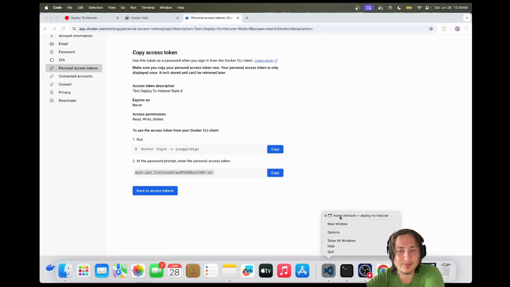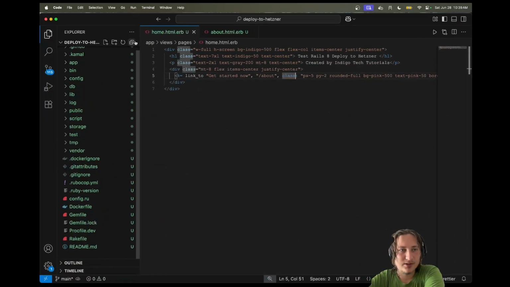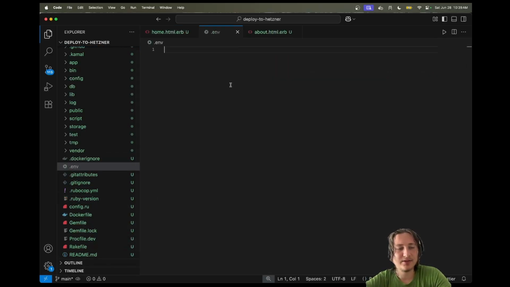Well, actually, that wasn't the app. So let's go back here. And I'm going to store this in a temporary file. So I'm going to create a new file called .env. And you've got to be careful with .env because this actually gets loaded into your Rails app if you don't comment out the stuff. So I'm going to stick this in here, and the key that you usually use is